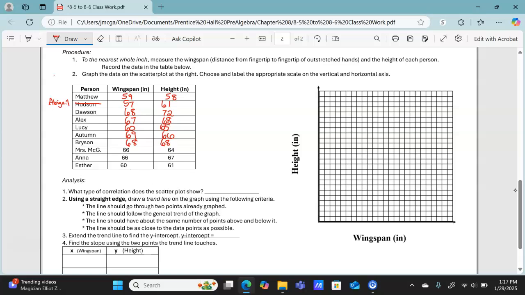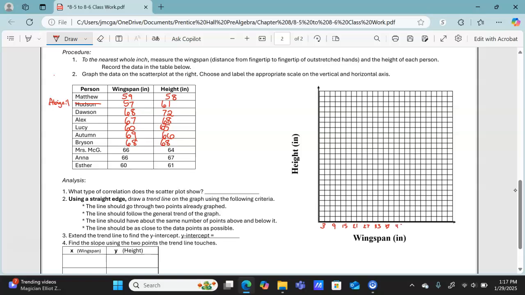Now, in class, I had already gone through and done the labeling. What I found was that there were 25 across here, and I figured we would probably top out at 75. So 75 divided by 25 is 3. So each of these is going to represent 3. So 3, 6, 9, 12, 15, and I'm just doing every other one here. 18, 21, 24, 27, 30, 33, 36, 39,